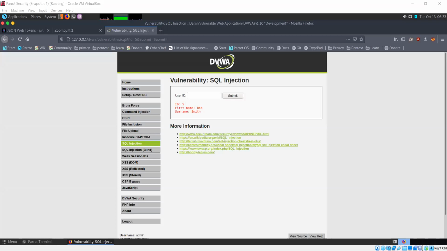So this is the intended working, the intended functioning for this page. It simply gives you the name associated with the particular user ID.